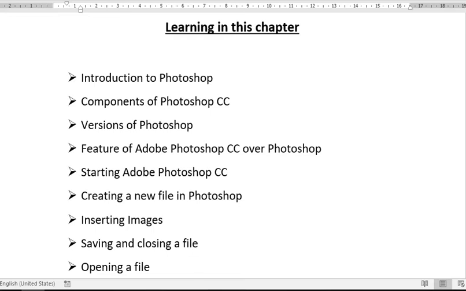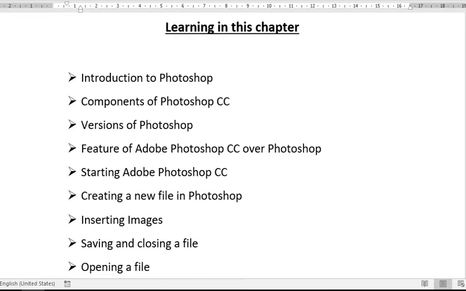The primary version is Adobe Photoshop, then Adobe CS, and the new version of Photoshop is Adobe Photoshop CC. CS stands for Creative Suite, while CC stands for Creative Cloud.